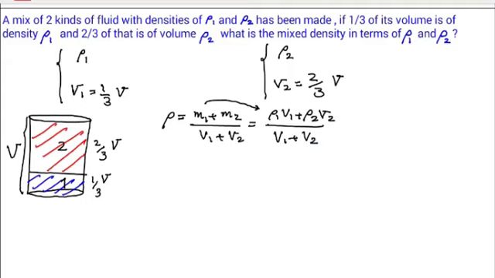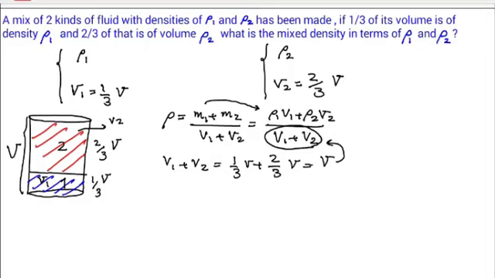But what is the sum of V of 1 plus V of 2? We know that V of 1 is the volume of fluid 1 and V of 2 is the volume of fluid 2. So let me write it. If we sum these two terms, V of 1 plus V of 2, it would be the total volume of the cylinder. So V of 1 plus V of 2, you can write it 1/3 of the total V plus 2/3 of the total V, which is equal to V, the volume of the cylinder. So we can substitute instead of this part V,